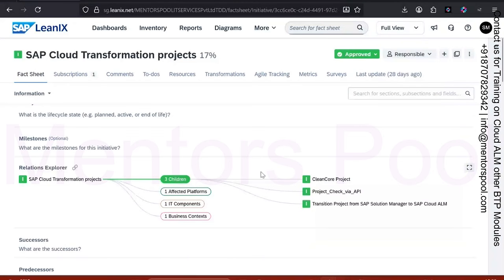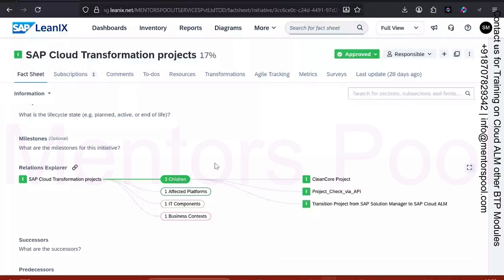Okay. So you can ask me one question: why create it in LeanIX, replicate it into Cloud ALM, and again update from there to here and here? See, if you're in a project, a stakeholder is not going to log into each and every solution you have to check the status of those tasks, right? So consider an enterprise architect in your customer project. He is the one who handles the LeanIX EA tool. If they want to report the status of that transformation project to stakeholders and the stakeholder committee meeting people, they initially need one place to give overall information about